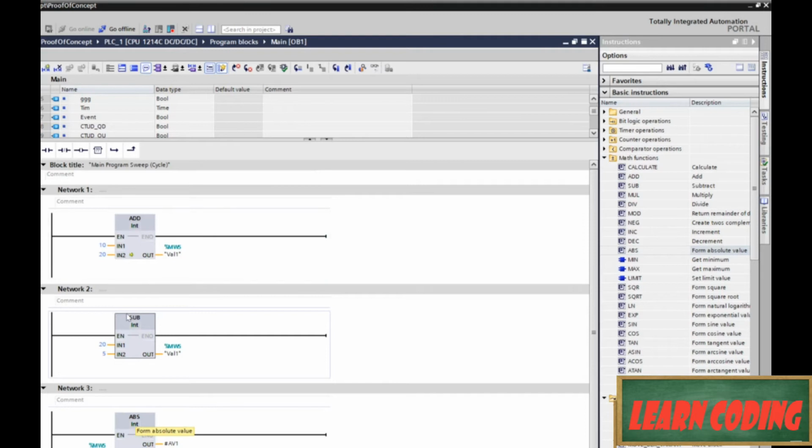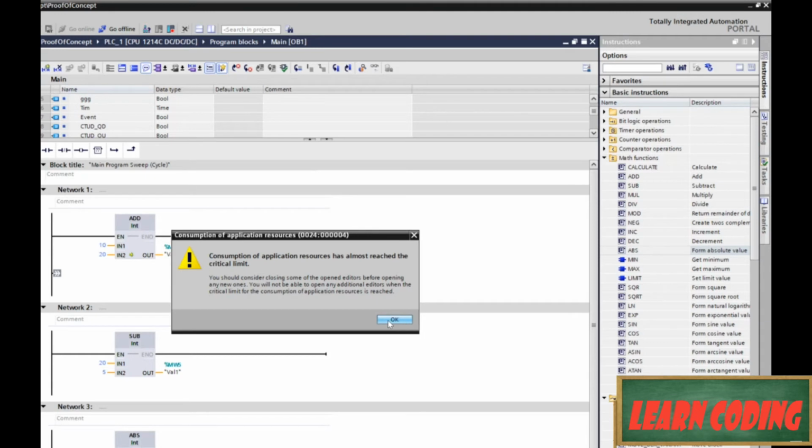So since we're not going to be ending up with any negative values in here, what's going to come out of the absolute value is going to be whatever value 1 actually is. So that's all we're really doing here. Now, here's where we're going to get tricky. What we want to test is our jump, right? So right here under this add, I'm going to add another rung,